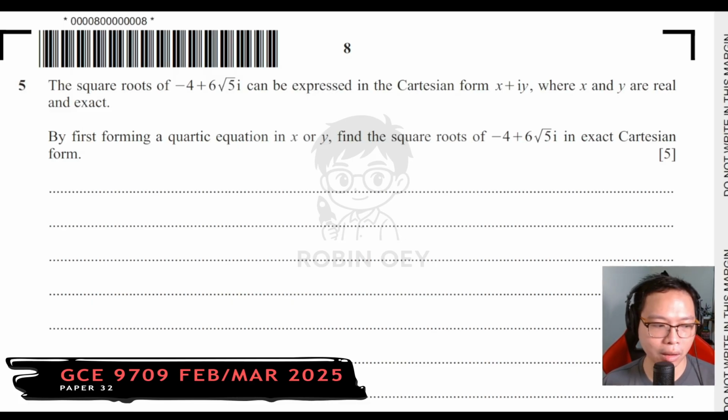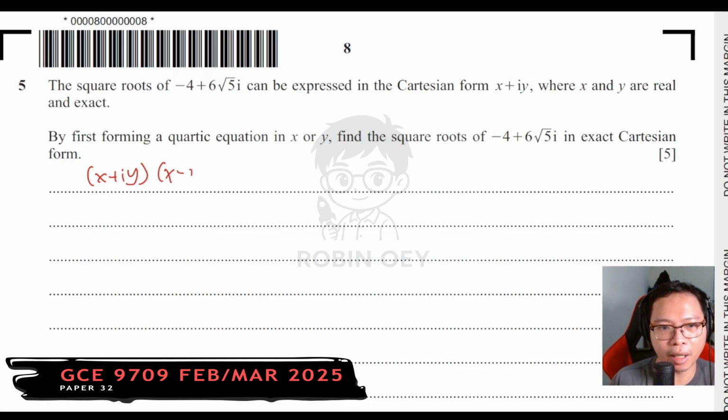Okay, maybe before I continue, many people are confused. Sometimes when we are talking about square roots of complex numbers, it is normally in one pair, so let's say x plus iy and x negative iy. But in this case we are not using this. When do we use this and when do we use the other form?